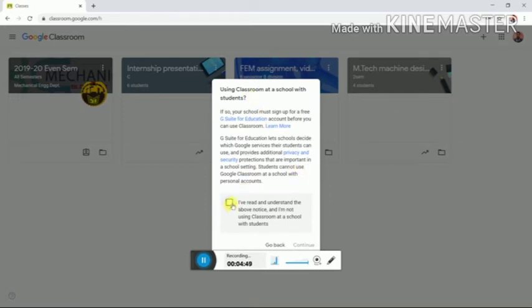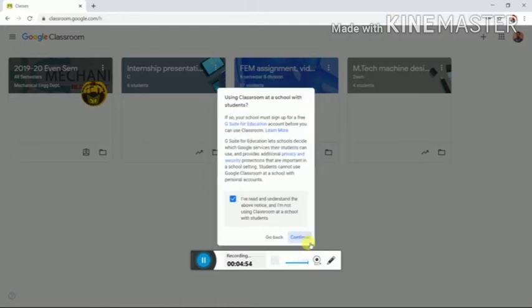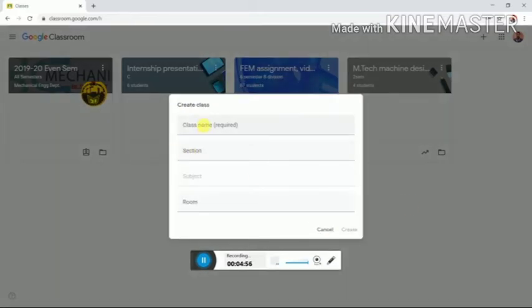It will ask for the terms and conditions. Click on I have read and understood, then continue. It will ask for the class name. For example, suppose you want to conduct a class. This is an FDP on teaching methods. Suppose I have created this class.